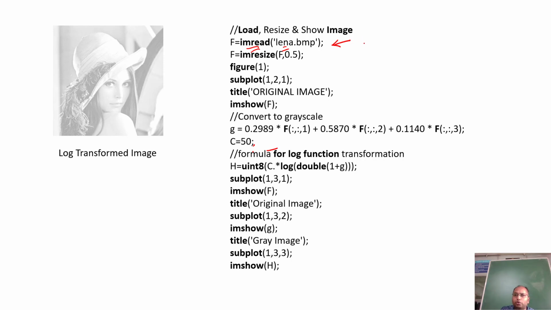So over here we need to write f, which is a variable. Simply we can say imread is a function which is going to read the image. And what is the standard syntax?